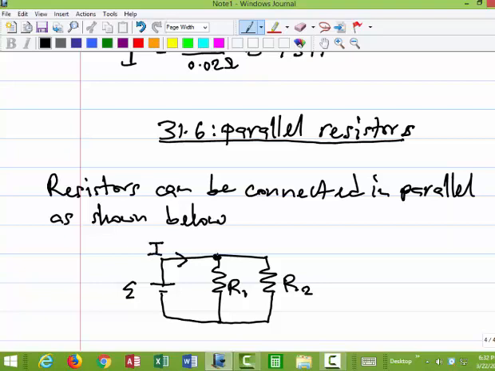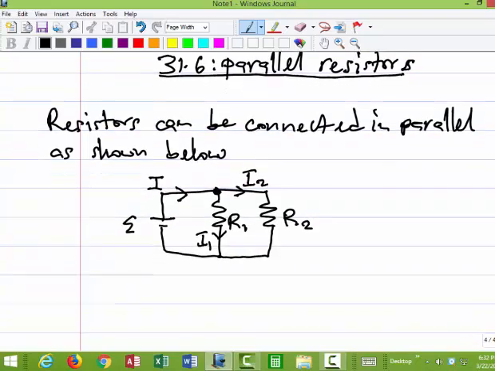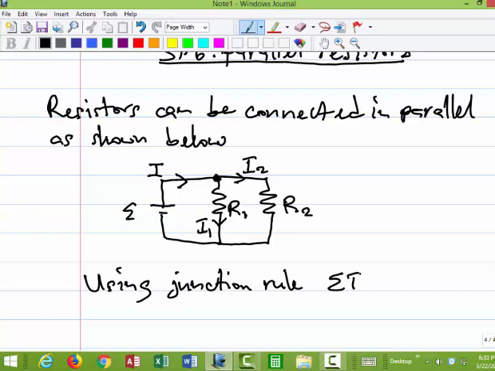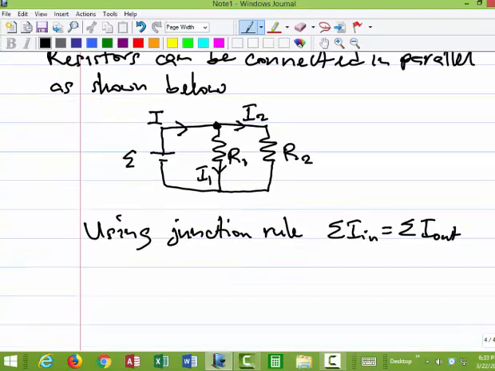So this is a junction right here. So the current splits up into two. Let's call this I2, and let's call this I1. Okay, the same current goes across the resistor. So here we shall use the junction rule first. The junction rule says the sum of currents in is equal to the sum of currents out. So we can use that. We'll see that the current I is the current going to the junction, and I1 plus I2 is the current